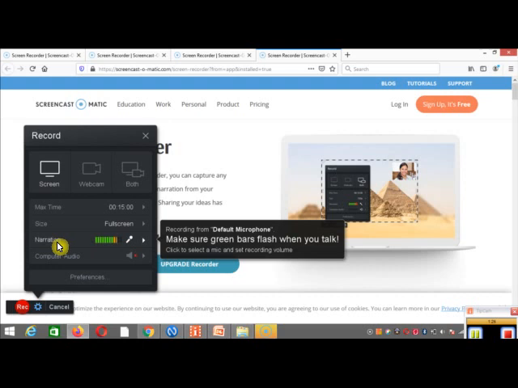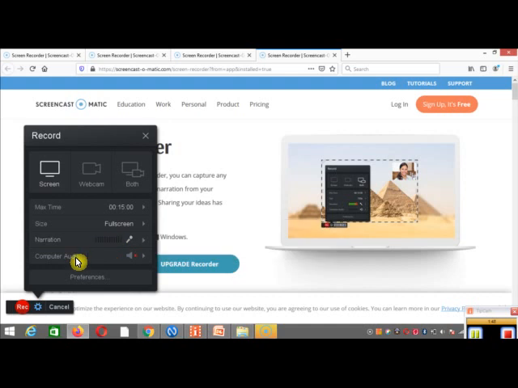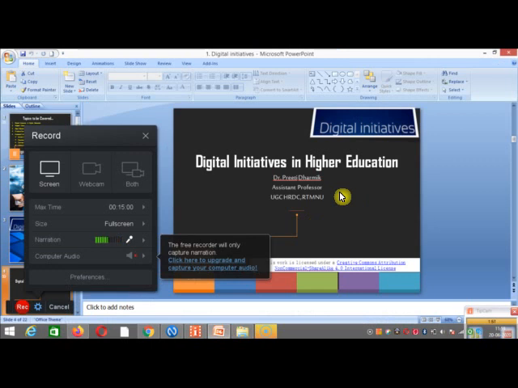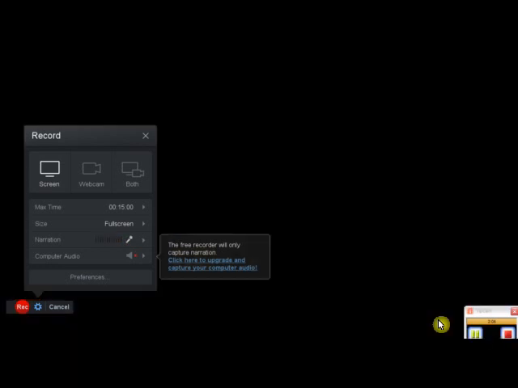Next part is, always you have to keep in mind that narration. When you start your recording, always look at this portion. This green blinking should be there so that it represents that your mic and the audio system is functioning properly. Now you want to start your recording. Before starting, you just open your desired PowerPoint presentation which you want to record and make it on slideshow mode. So I am clicking on this slideshow.